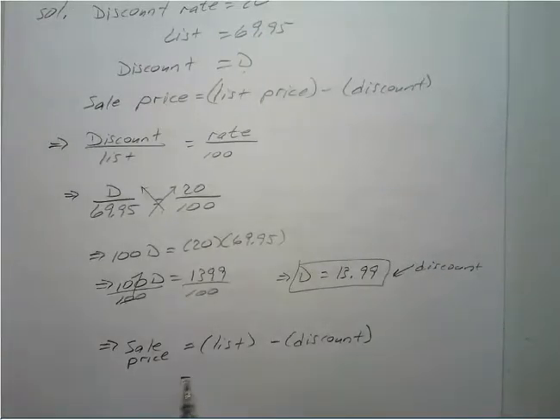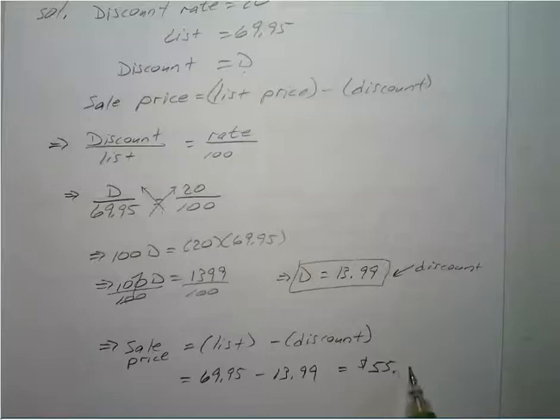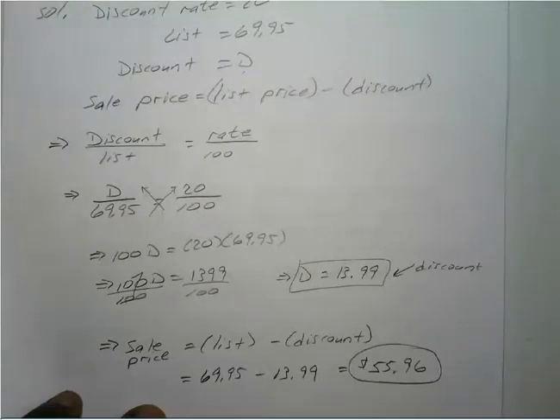Okay, so our list price is $69.95 minus our discount, which is $13.99, and that gives us a sale price of $55.96. All right. So once again, if you're still writing, feel free to press pause. But we're going to go ahead and move on